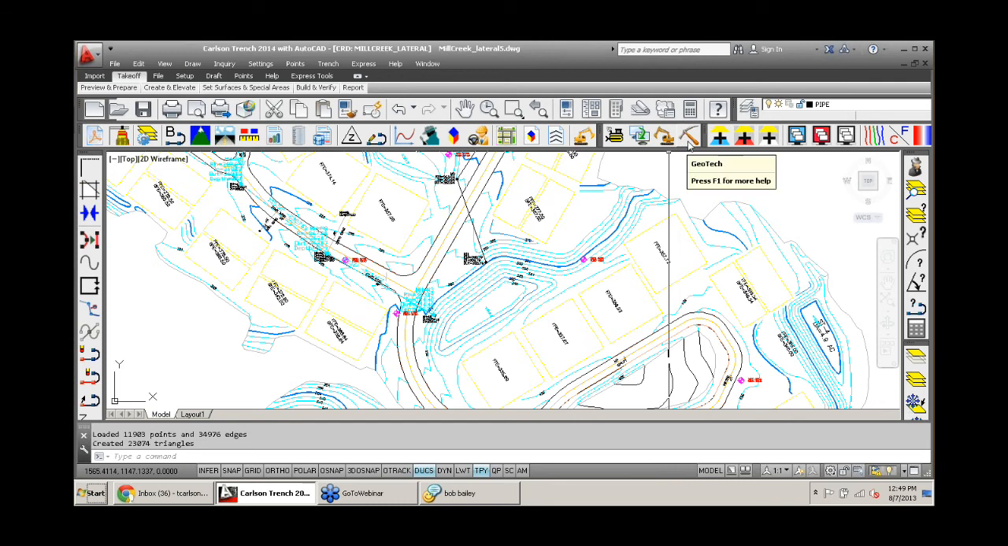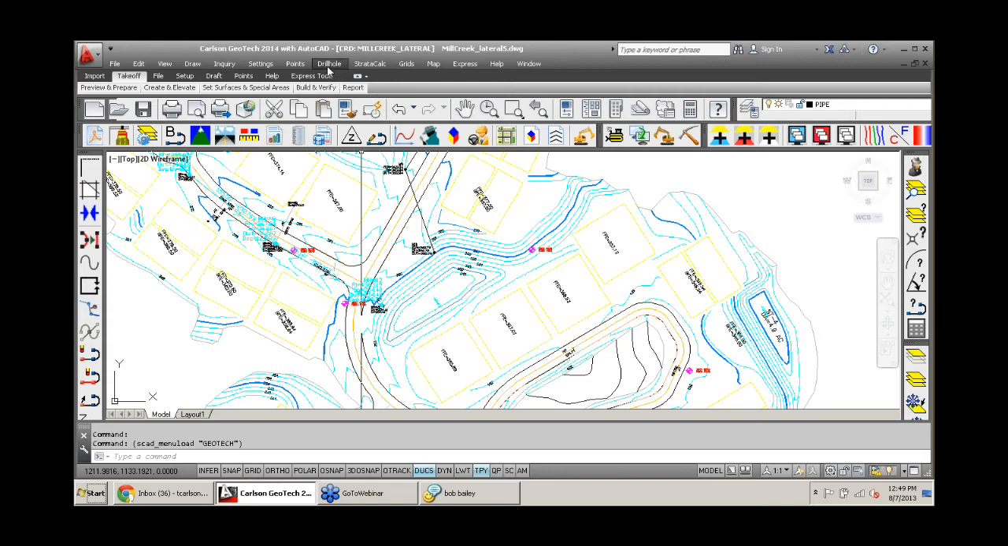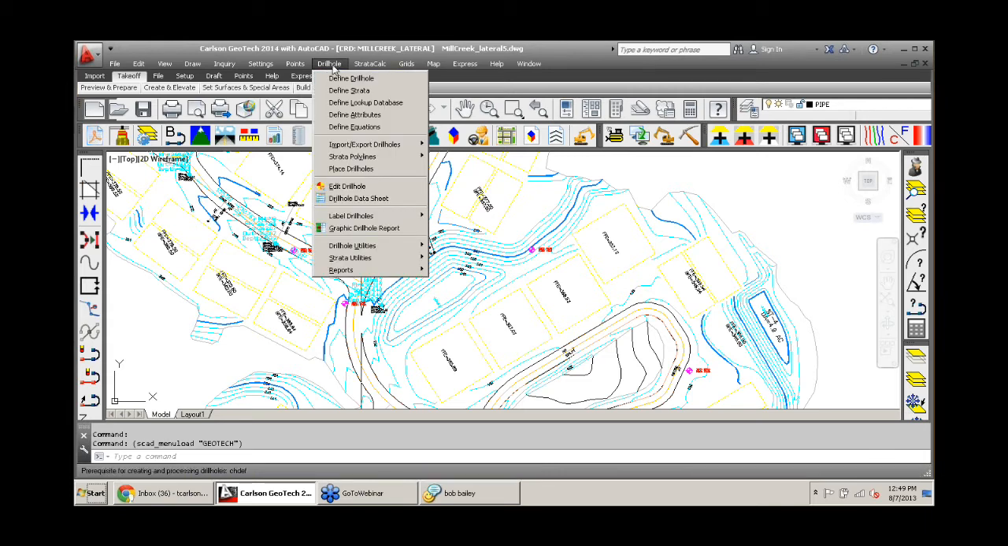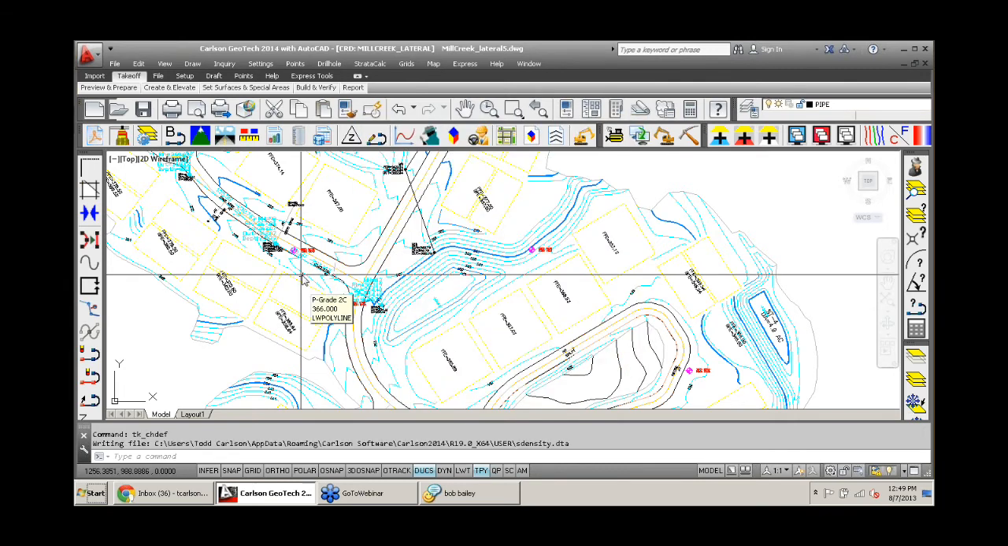And we do that through the geotech module, and it's pretty straightforward. There's really three things you need to do. Define drill holes is the first one. So I have dirt and rock. Okay, I already have,